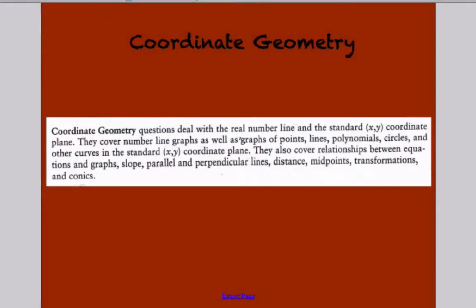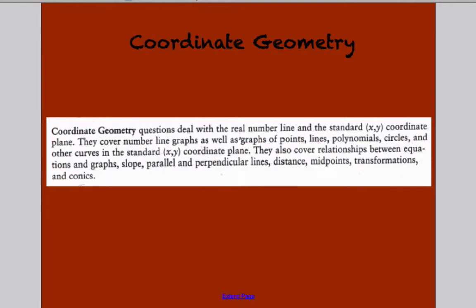The fourth topic that we will cover in terms of the ACT exam is something called coordinate geometry. Coordinate geometry questions deal with the real number line and the standard XY coordinate plane, what we call the Cartesian plane. They cover number line graphs as well as graphs of points, lines, polynomials, circles, and other curves in the standard XY coordinate plane. They also cover relationships between equations and graphs, slope, parallel and perpendicular lines, distance, midpoints, transformations, and